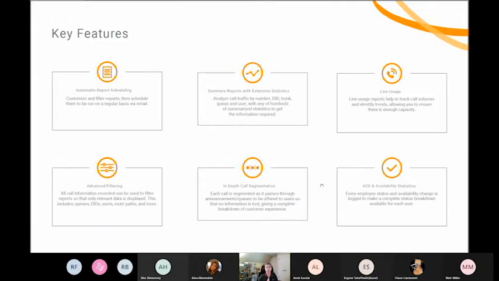Summary reports with extensive statistics. So we have the ability to analyze call traffic by pretty much any of the data that's in our call records. So what number was dialed, what number were they dialing from, who answered the call in your organization. If you're in a call center, what queue was it terminated on? What time of day did they call? What hour of the day did they call? What city, state, country did they call from? So all of these different